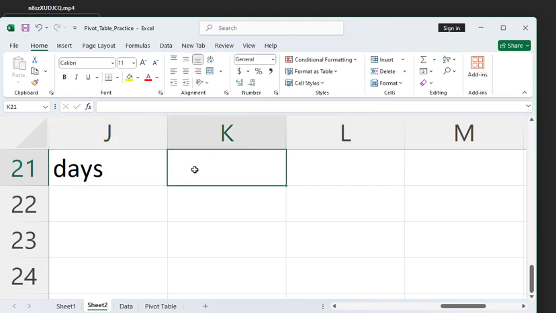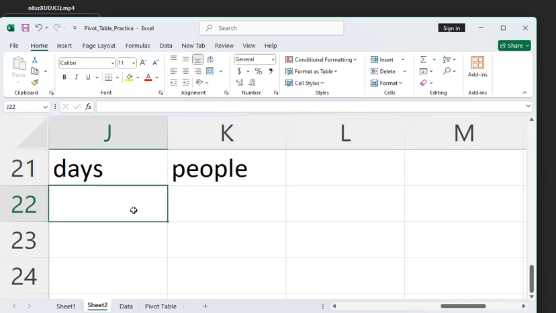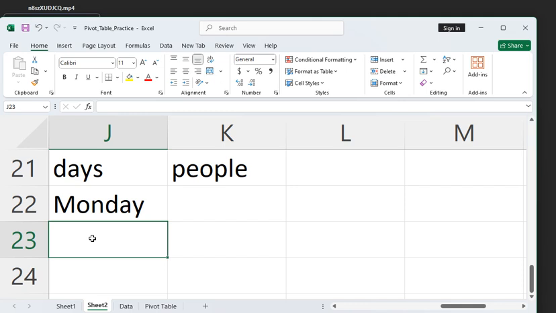and we have got days, and then let's say the people that attended, say people there. Here we have the days of the week. We have got Monday, Tuesday, and then let's use